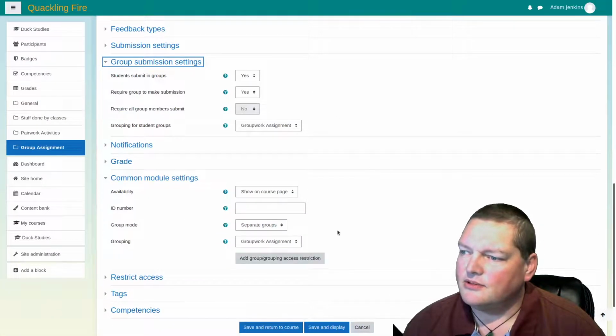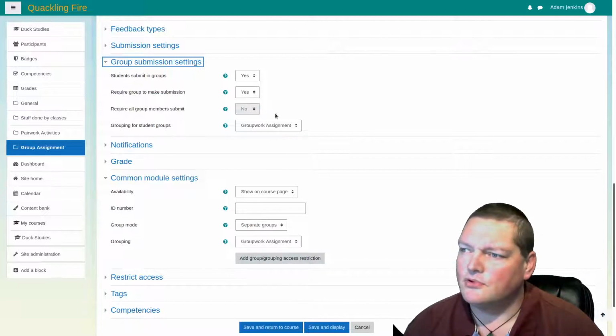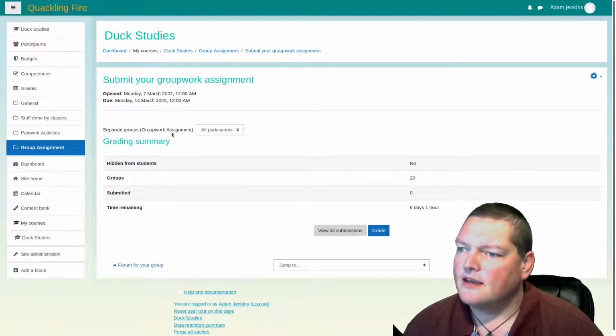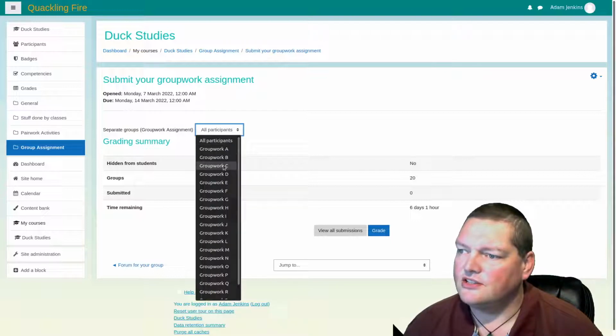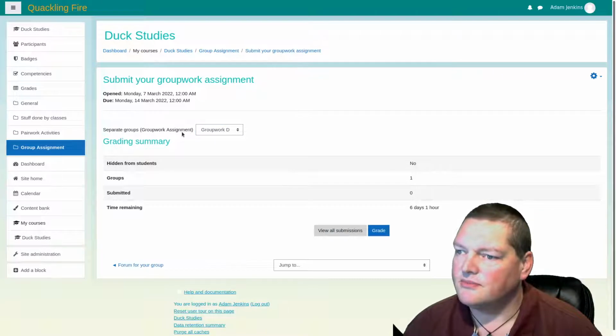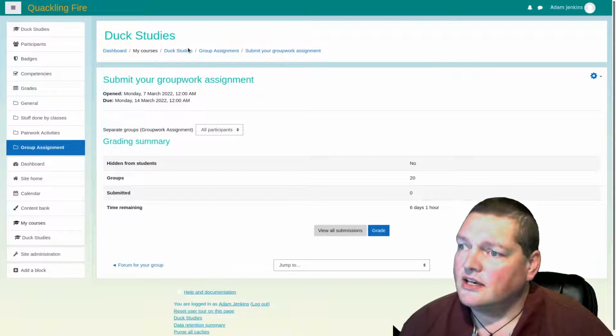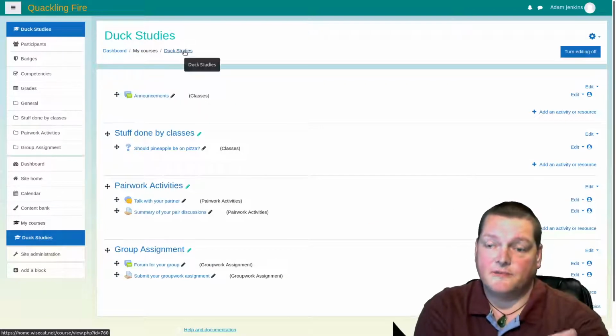In the assignment module, there are actually 2 places where you can set the grouping. One is for how they're submitting, and the other is just how the assignment itself should be viewed. This is more so for the students, and this is more so for the teachers. But it's a good idea to set both. For the teachers, once you've set it like that, the teacher can come in here and have a look a bit easier using this separate groups drop down. Okay, so that's pretty much it